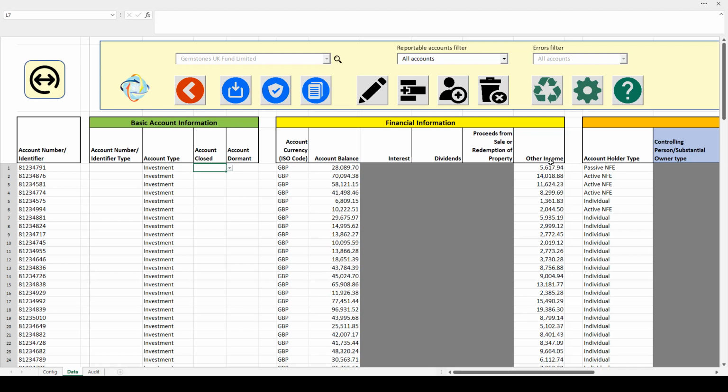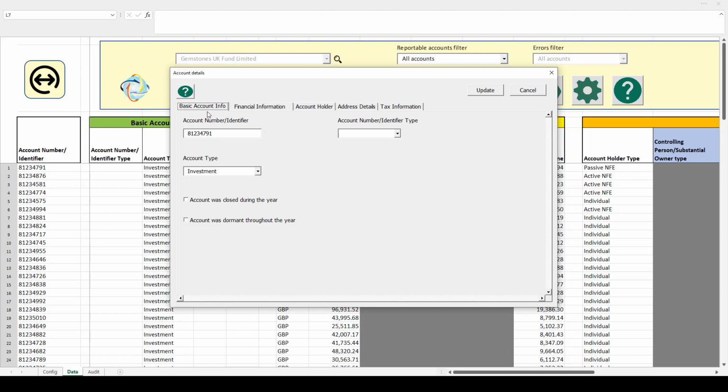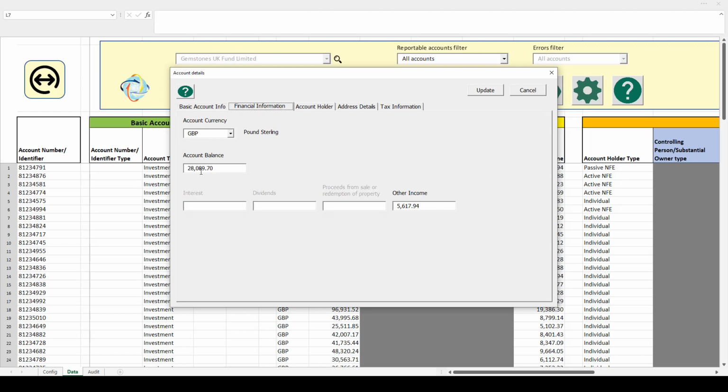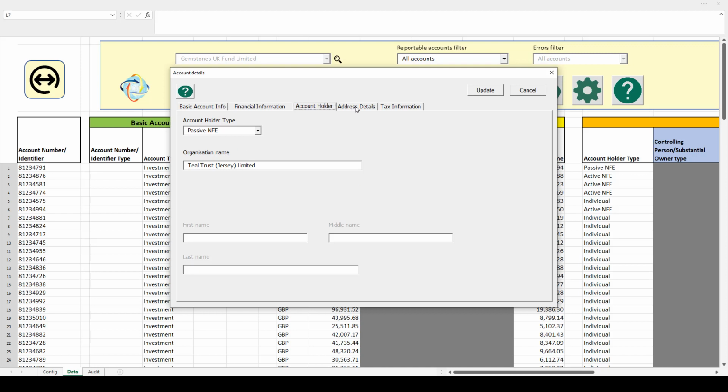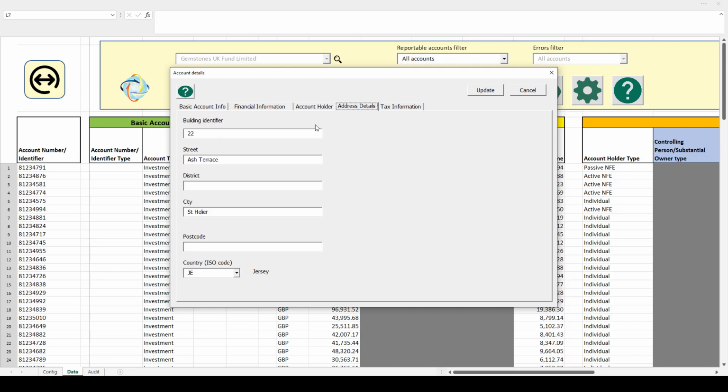The second point to note, if I take a look at the account details for a particular account, most of the fields are quite similar to standard FATCA and CRS. For the address details, you'll note that there are fewer fields than you may see in the standard FATCA and CRS.